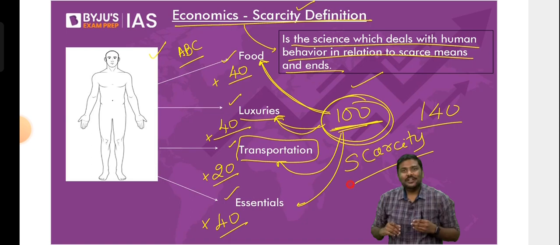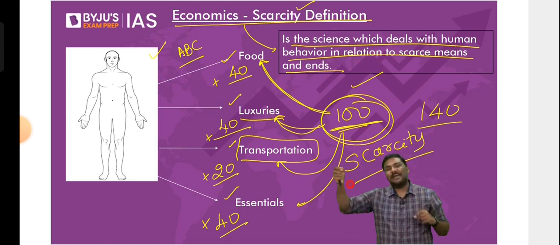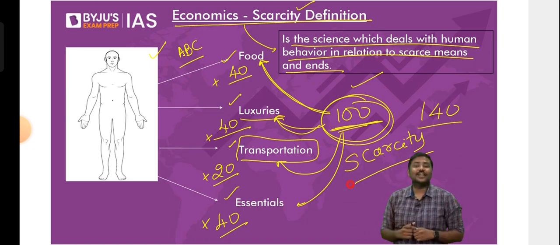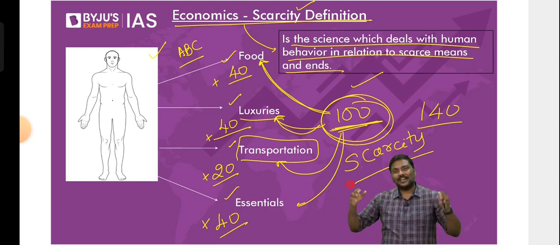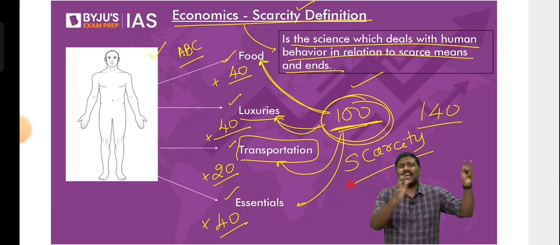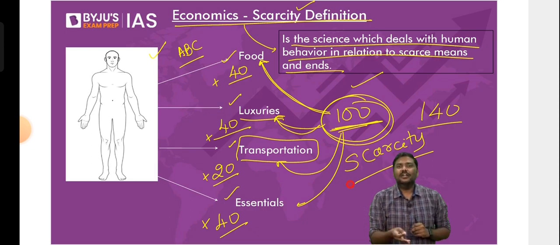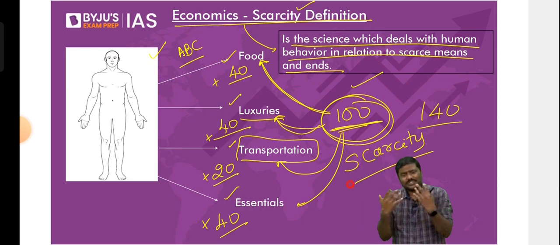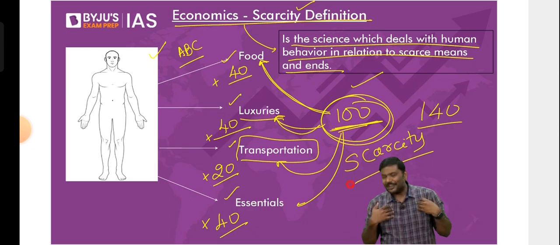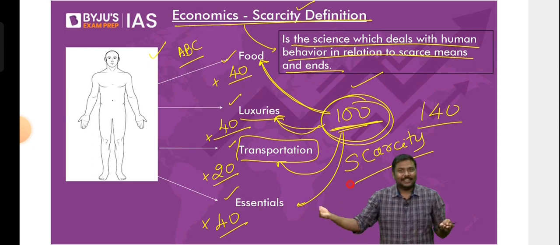For example, if I ask you what you want in your life, many of you say, sir, I want to purchase a Benz car. I want to purchase real estate in Saudi Arabia, just like Mr. Mukesh Ambani has done. I want a Rolls Royce. I want an iPhone. I want this, I want that. But frankly, tell me, do you have sufficient money for all of it? The answer is no. I believe none of us are as rich as Mr. Mukesh Ambani or Mr. Gautam Adani.